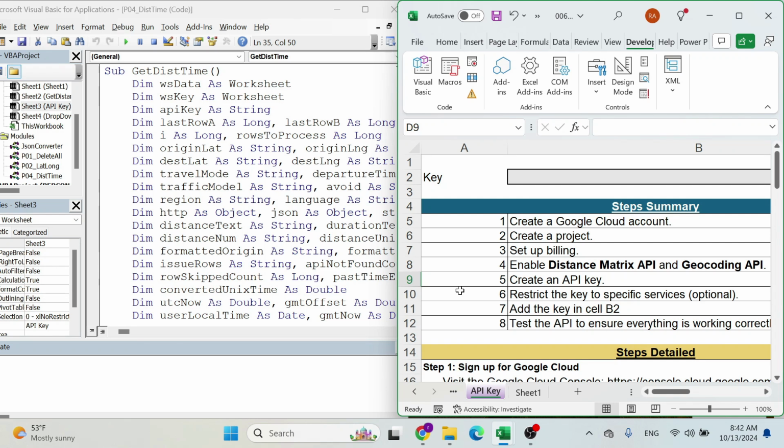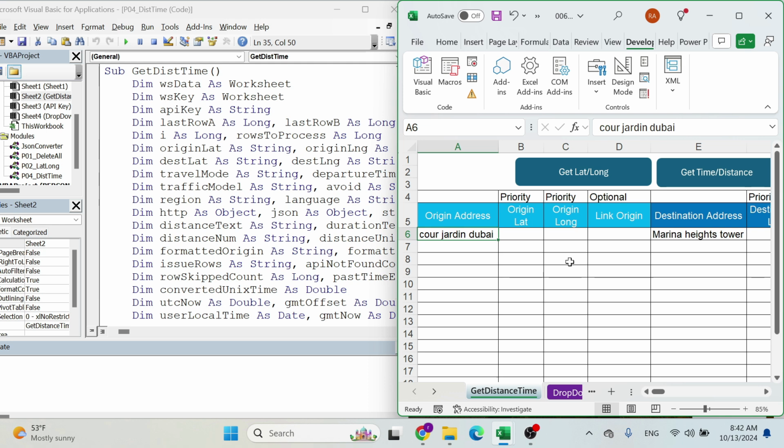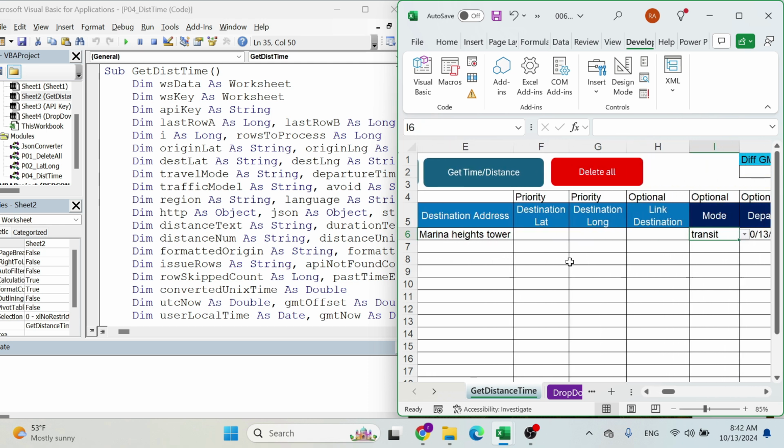If you clicked on this video, it means you have watched the previous one where I explained how to get the time and distance between two locations. Let me just recap quickly. So you need an API key that you will put in cell B2, and then you will go to get distance and time. At minimum, you will put the origin address and destination address, and then you have a bunch